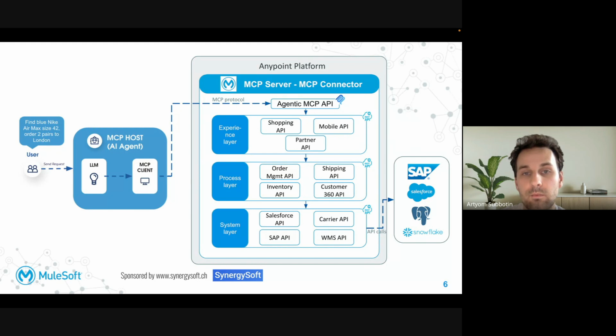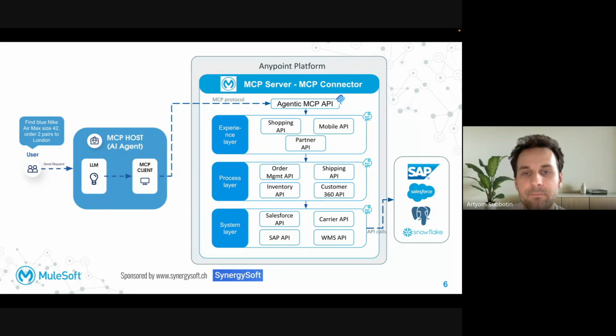We already discussed the transport mechanism, how it can be done. So finally, the request arrives at the MCP server. It's a Mule application built with the MCP connector running inside the Anypoint platform. It's not a generic proxy. It's really the place where this API is deployed. It's a purpose-built MCP server that understands the retail domain, in our use case, with named tools, precise descriptions, defined input schemas, customer handling, and so on. The agentic MCP API here acts as the single entry point for all agent tool calls.